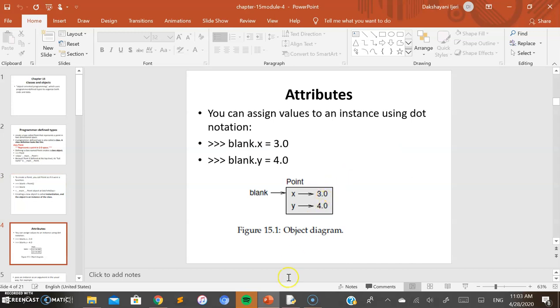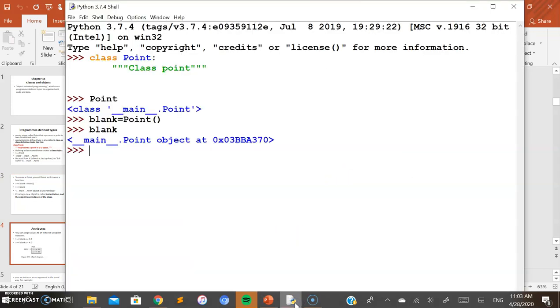So now once the object has been created for a class, next you want to assign the properties for that object. Since we have created this class as a Point, where we want to represent a point in 2D space, all of you know that a point is represented with x and y values.